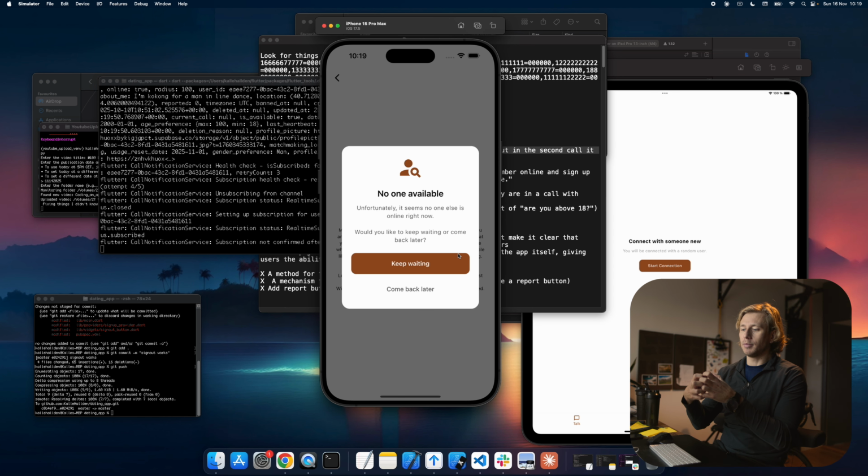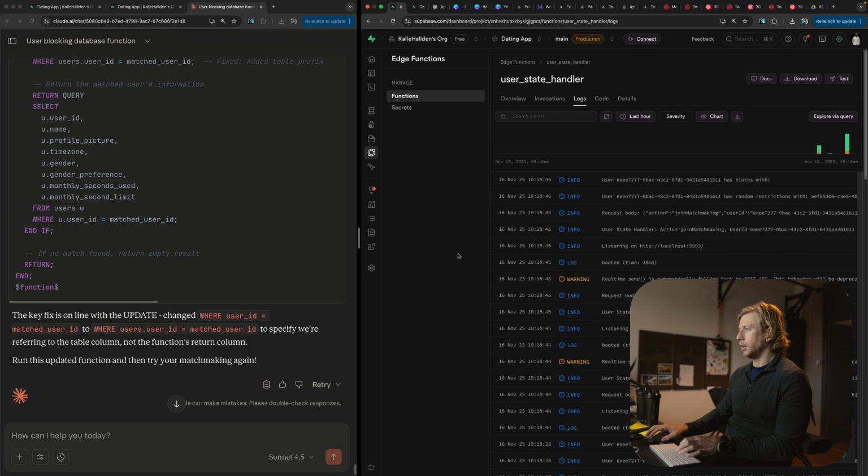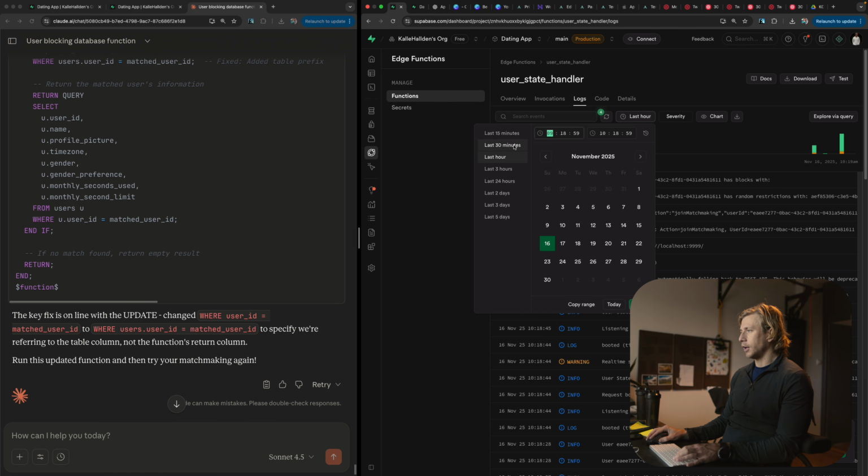And that seems to break the function, because what should actually happen is it should just move to the next person in the wait list, which it doesn't do. So we're gonna have to check this.